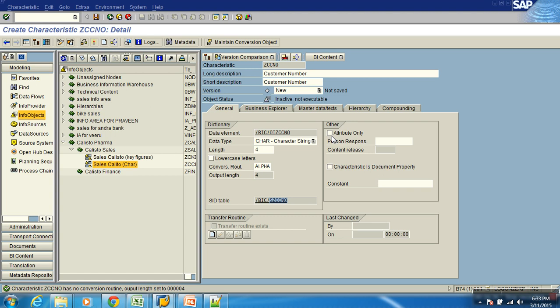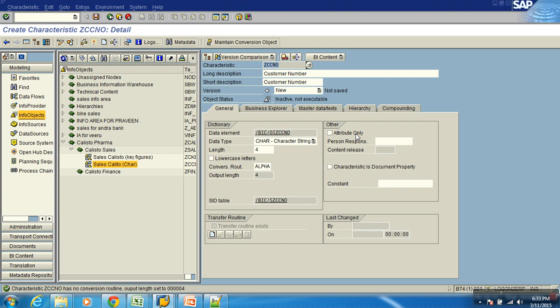Now next there is one more checkbox called attribute only. Now what is the importance of this checkbox? Simple. If I don't select this checkbox, it means I can use this characteristic info object as a separate characteristic, connect that to a dimension table of my cube. You understand what it is? Yesterday I showed you metal type. You could use metal type as an attribute as well as a separate characteristic having a SID table connecting to the dimension also. If I don't select this checkbox, I can use either way.